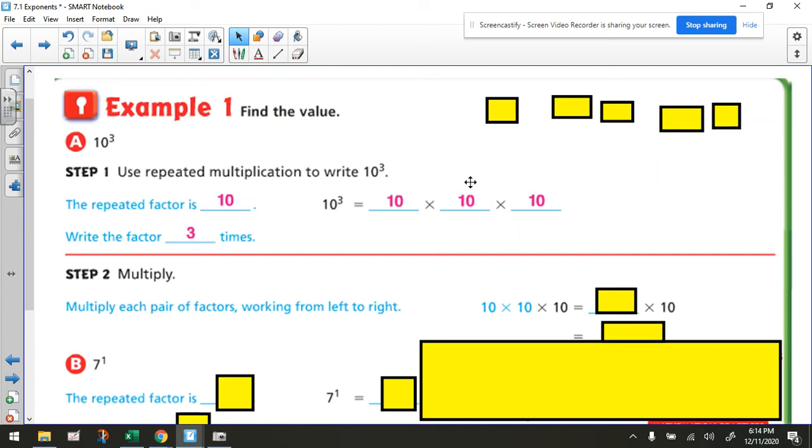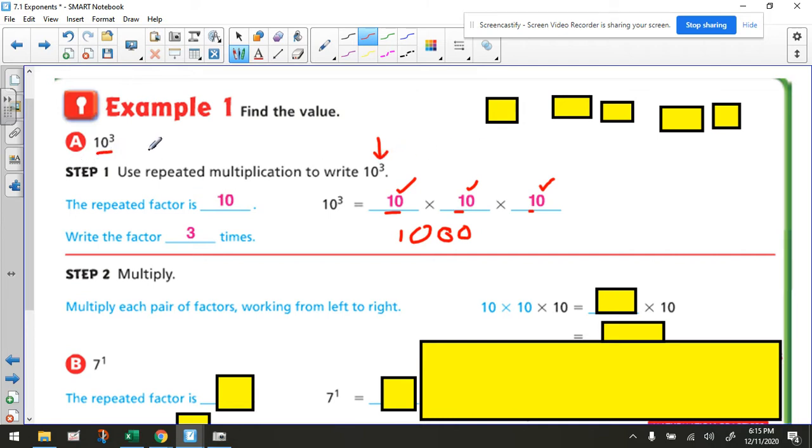Now, did you know that if you had to write this out in standard form, you would say to yourself, well, that's really 1 times 1 would be 1, and this 1 times this 1 would be 1. And we really have 1, 2, 3 zeros. So it's not an accident that we have 3 zeros and we have an exponent of 3. That's a nice little trick that will help you whenever you have a base of 10. That works every time. Whatever the exponent is, that's how many zeros you have when you write it out in standard